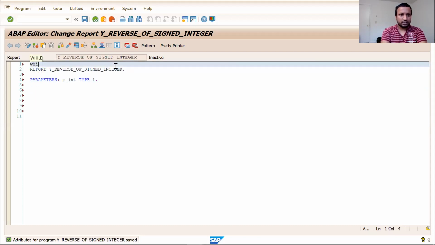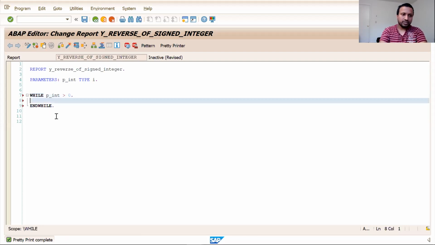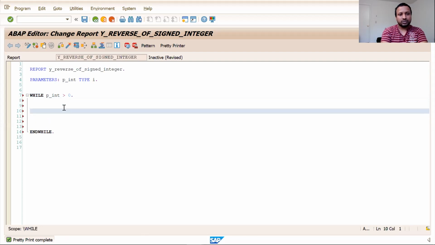You need to check if the integer is greater than 0. Only if it is greater than 0, this is kind of an edge case, would you reverse it.